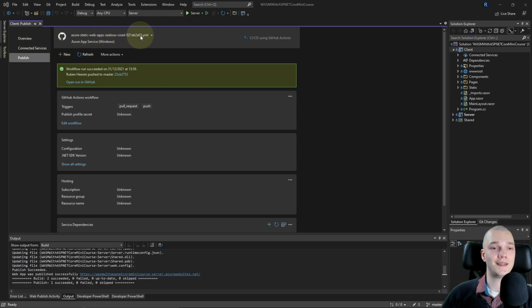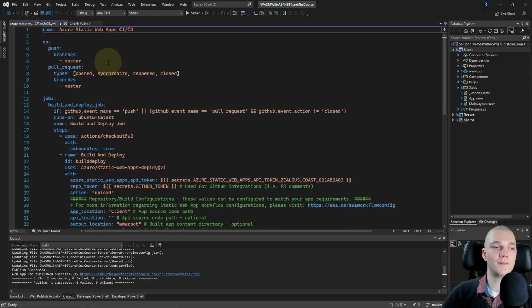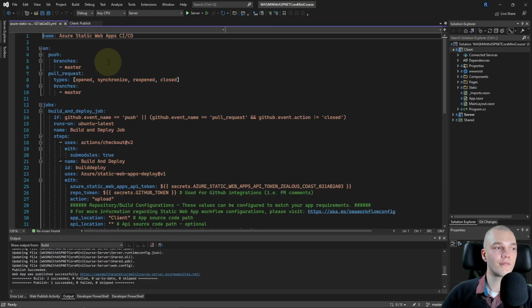So let's edit it. So I'll hit more actions and edit. And I'm not gonna get into specific YAML syntax in this mini course, but I'll just show you how to make it so that the action doesn't run when only the server project is changed.